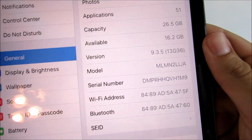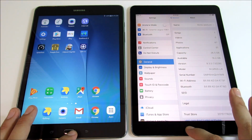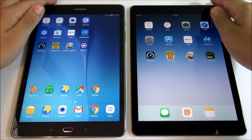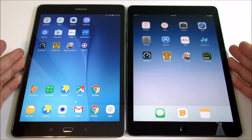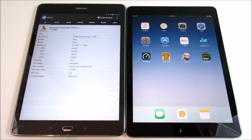9.3.5, which is the latest and greatest until iOS 10 gets announced tomorrow and they release it like next Wednesday. But for now, that's the official release as of September 6th, 2016. Heading over into CPU-Z, I just want to talk a little bit about specs before we get into the